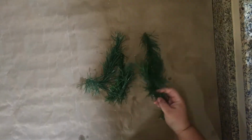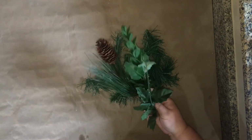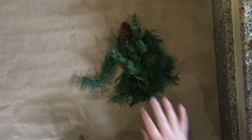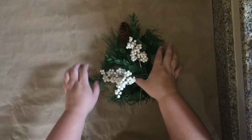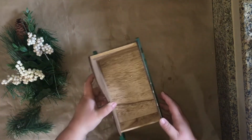So this next DIY is going to be super, super simple. If you have any kind of greenery or picks or berries, anything like that left over. I had this left over from last year. I think this is actually what was in this sleigh. I got this sleigh last year from Target in their